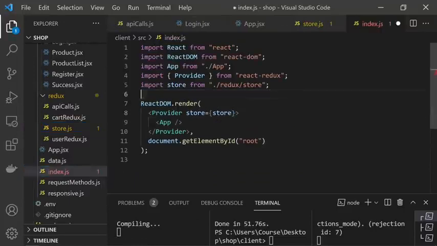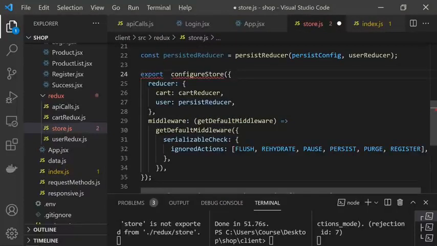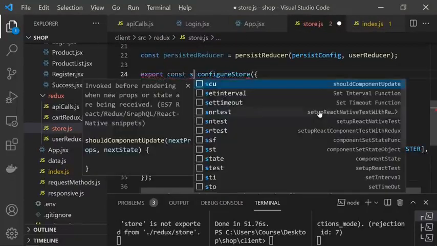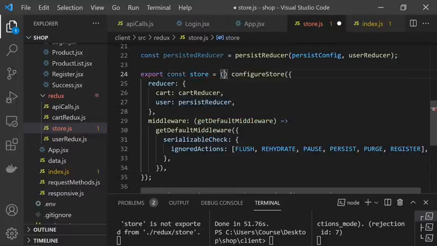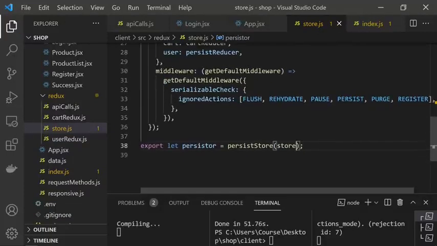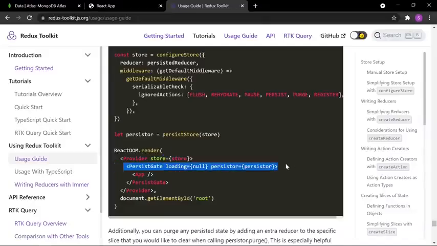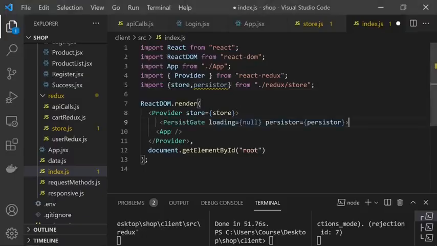Actually, I can import this from here, and persister, and I can make this export like that here, and write store, and it's gonna be configure store function. In this case, I can send this here. Okay, let's try. Of course, I forgot this persist gate. I will wrap here